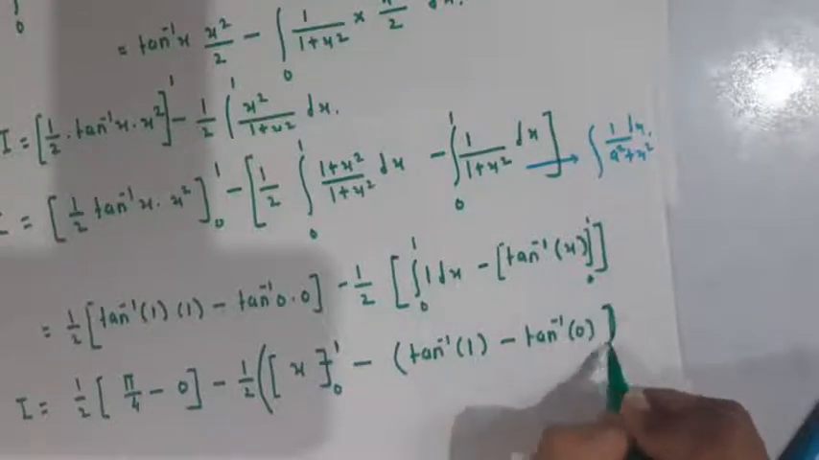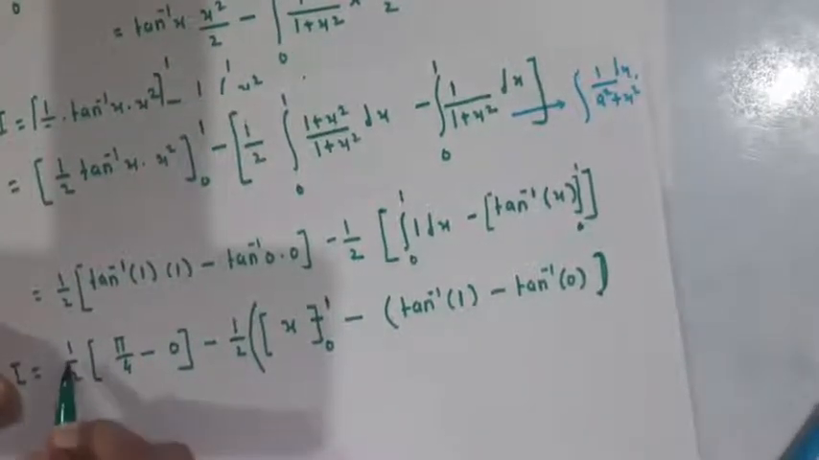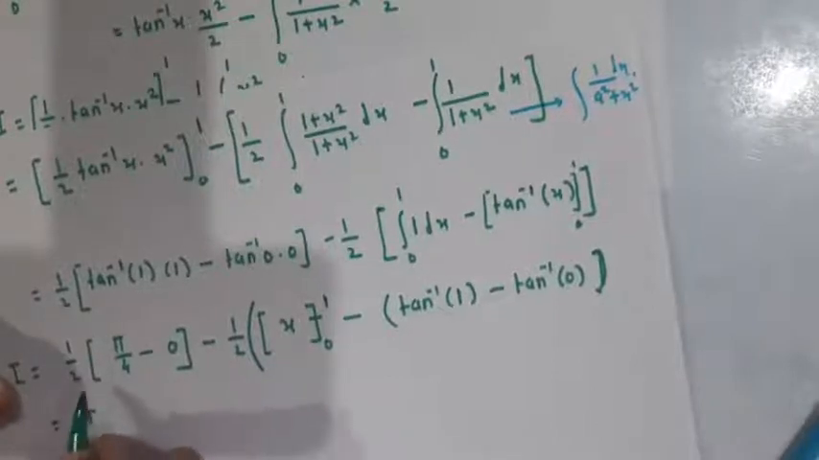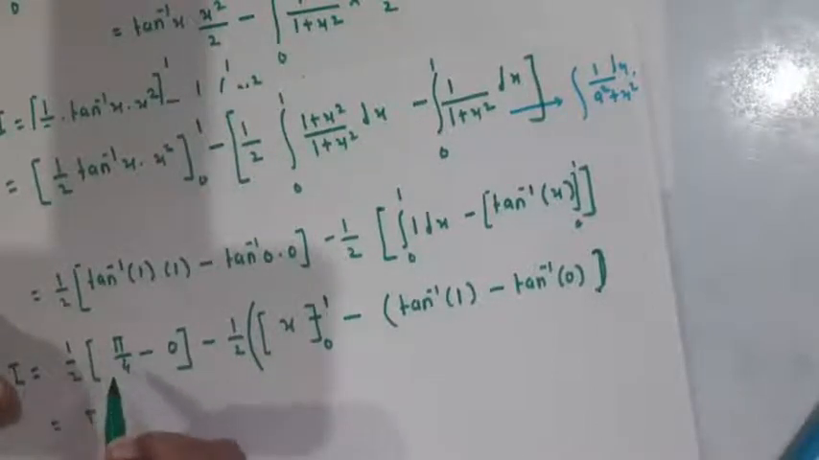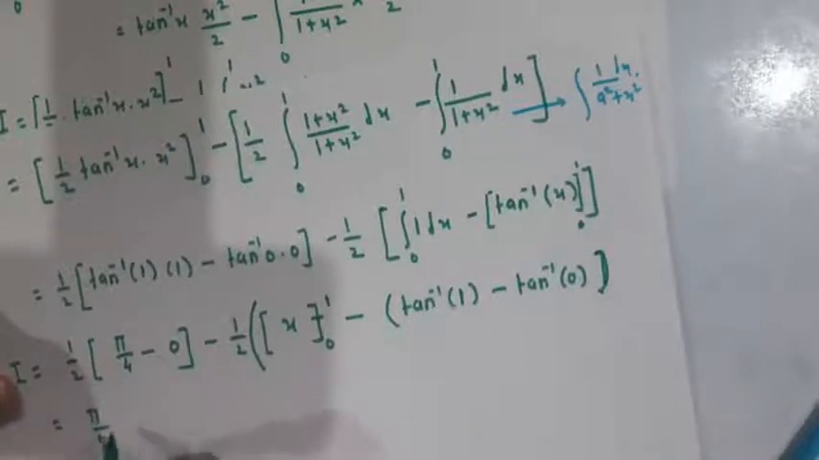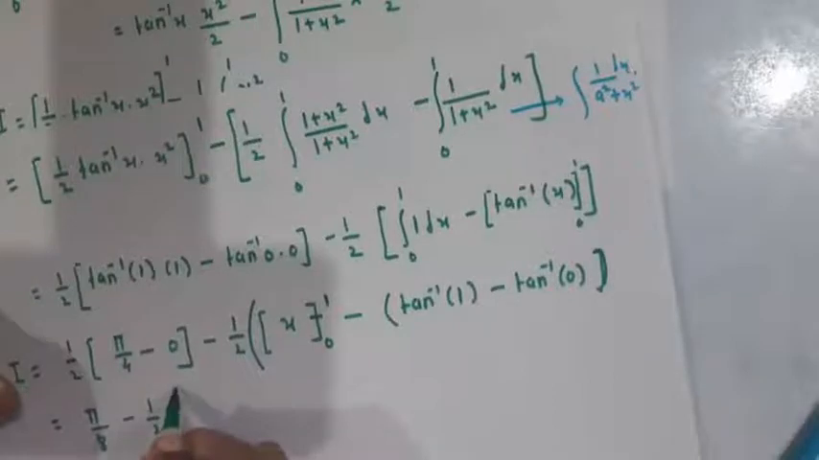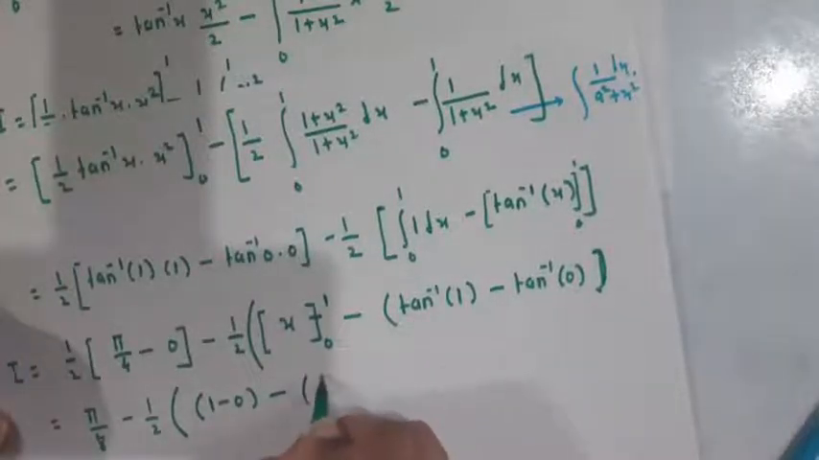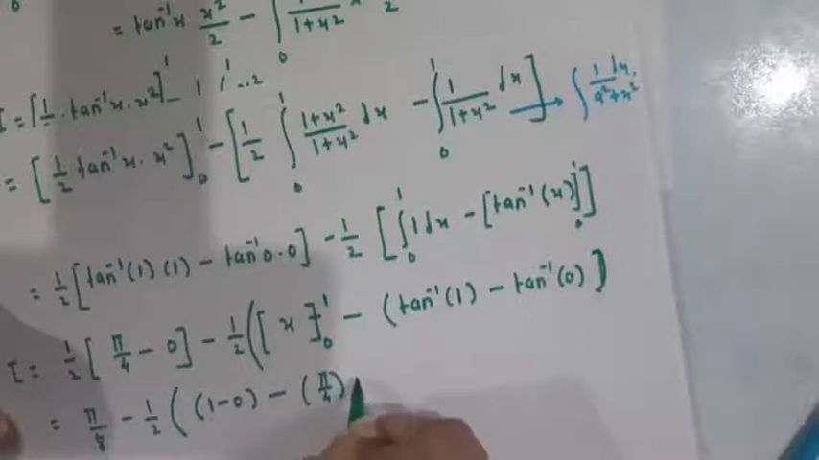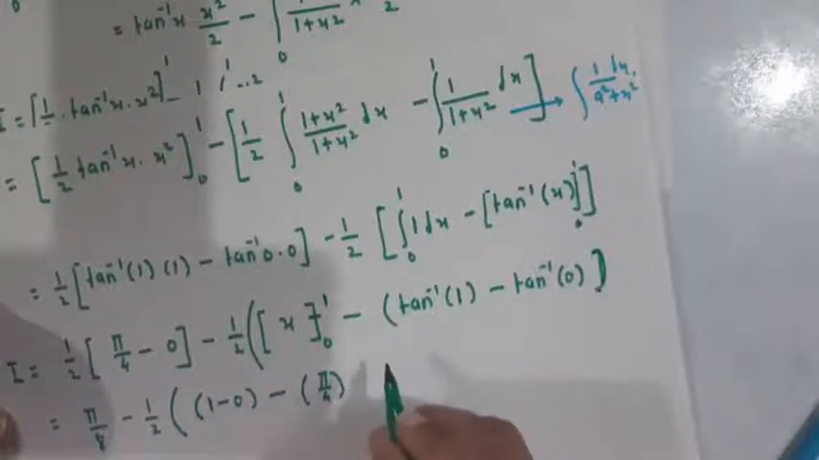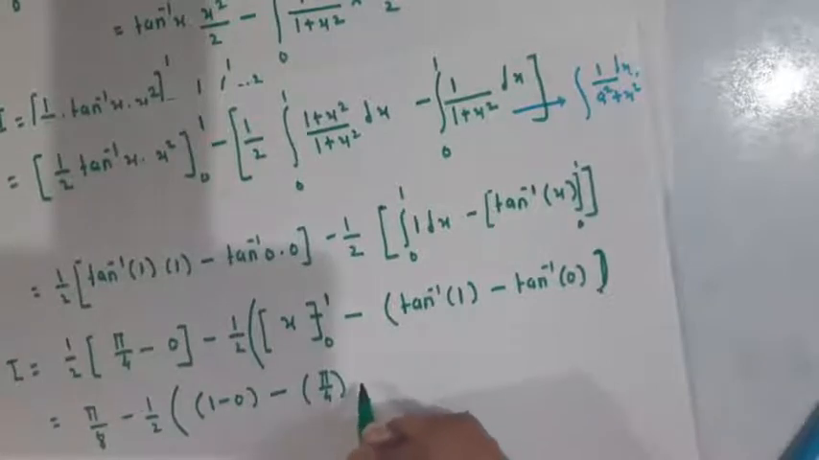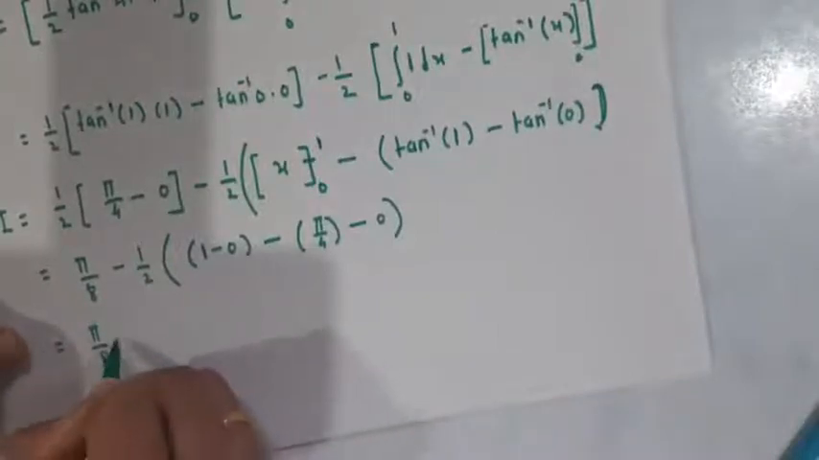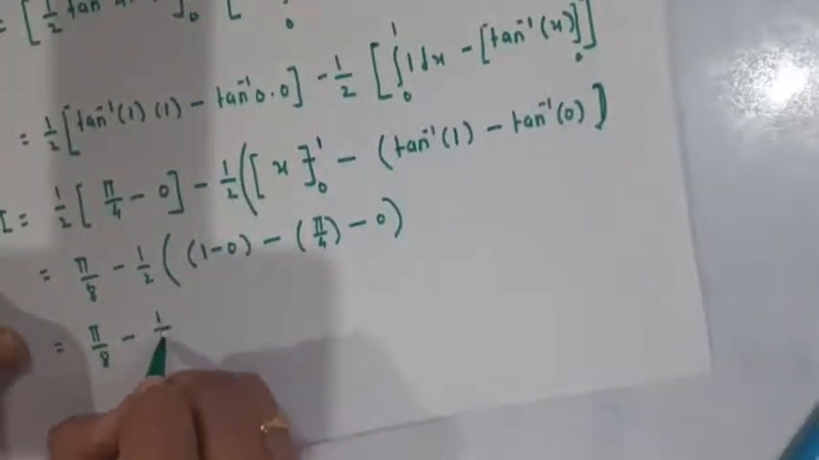We have substituted the limit, and now this is pi by 8, 1 by 2 into pi by 4. This is pi by 8 minus 1 half as it is into bracket x, that is 1 minus 0, minus tan inverse of 1 is pi by 4, and tan inverse of 0 is 0. This is 0, minus 0, and the calculation is that pi by 8 minus 1 by 2 into 1 is 1 by 2,